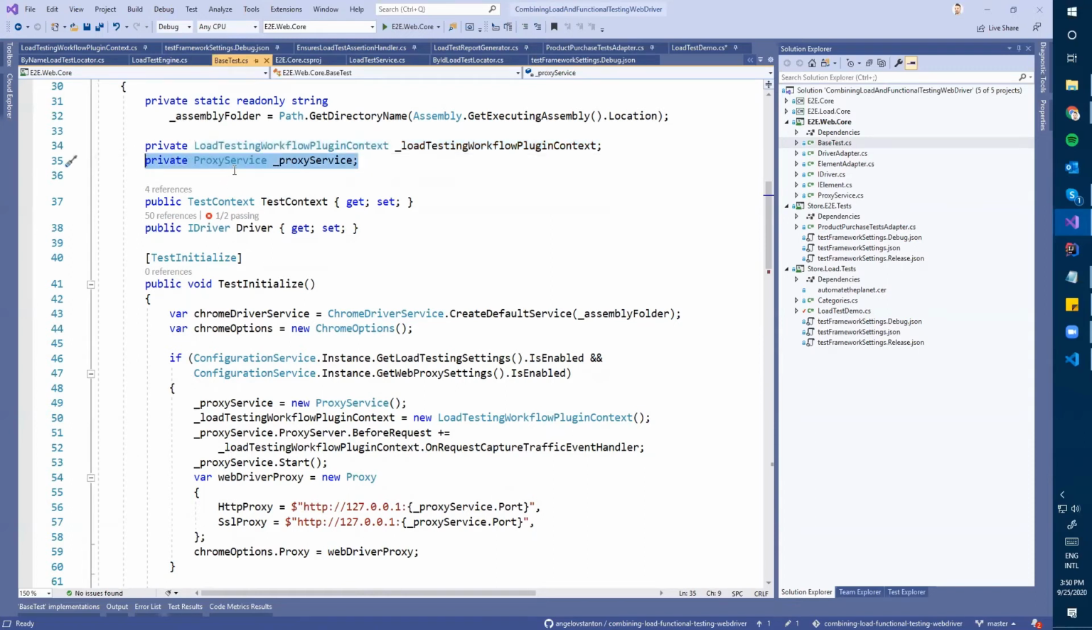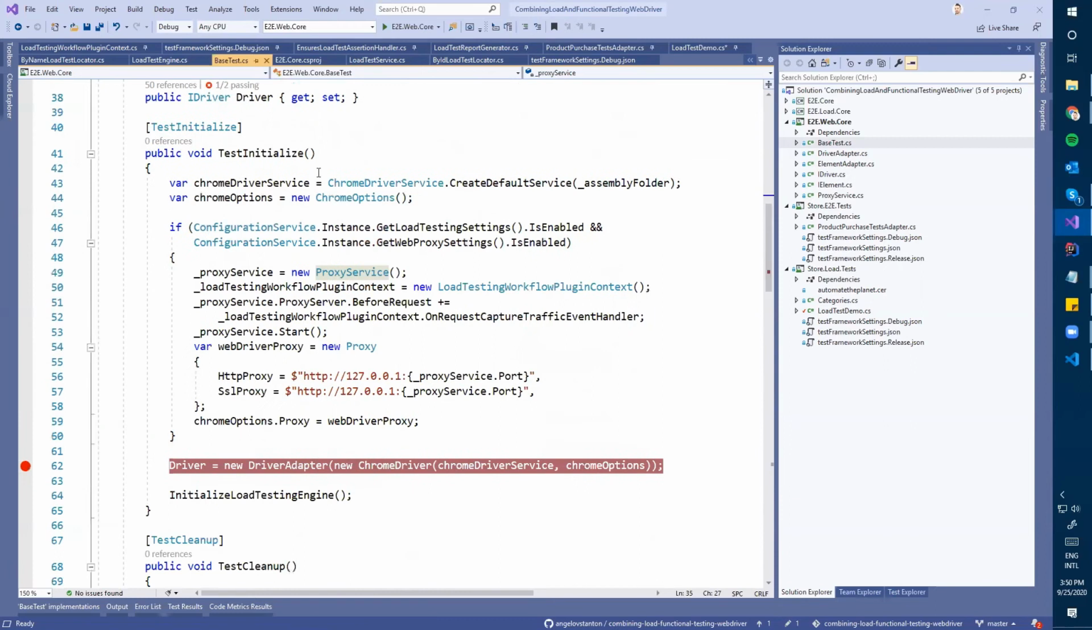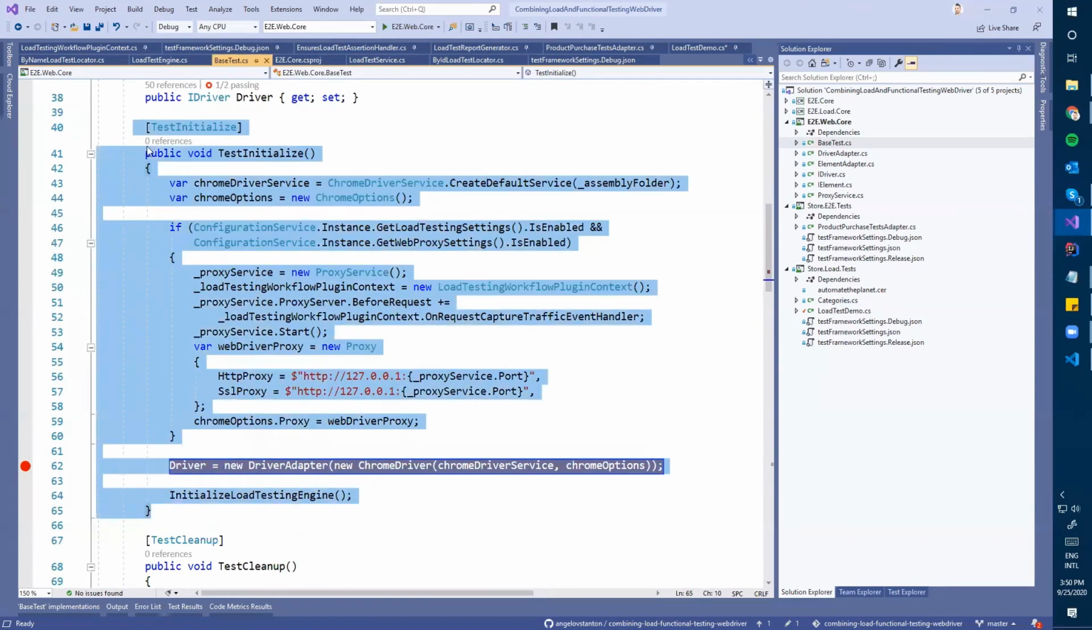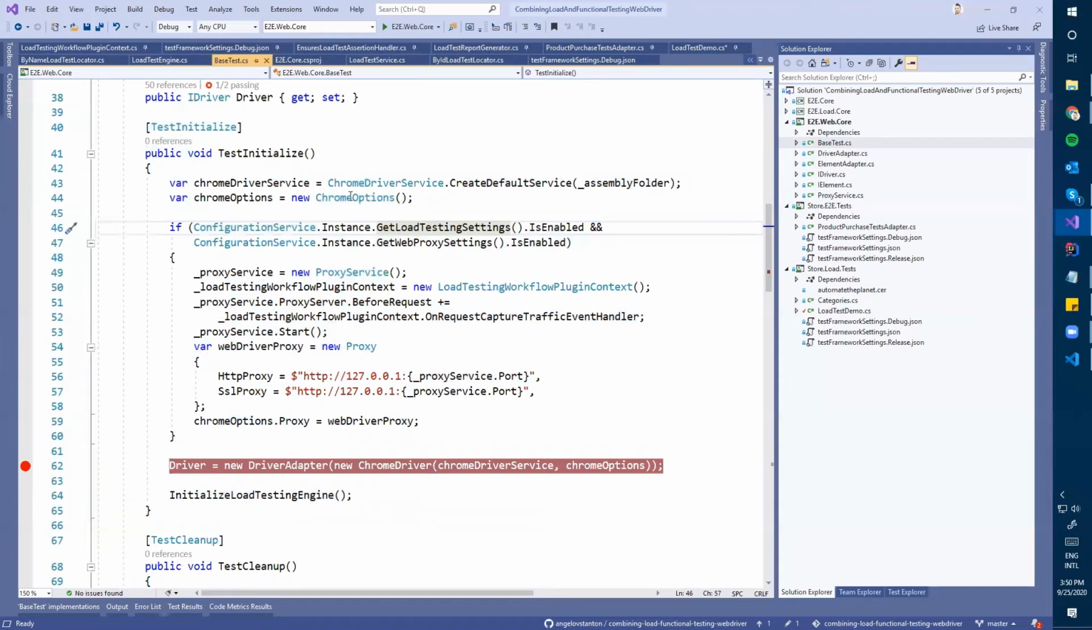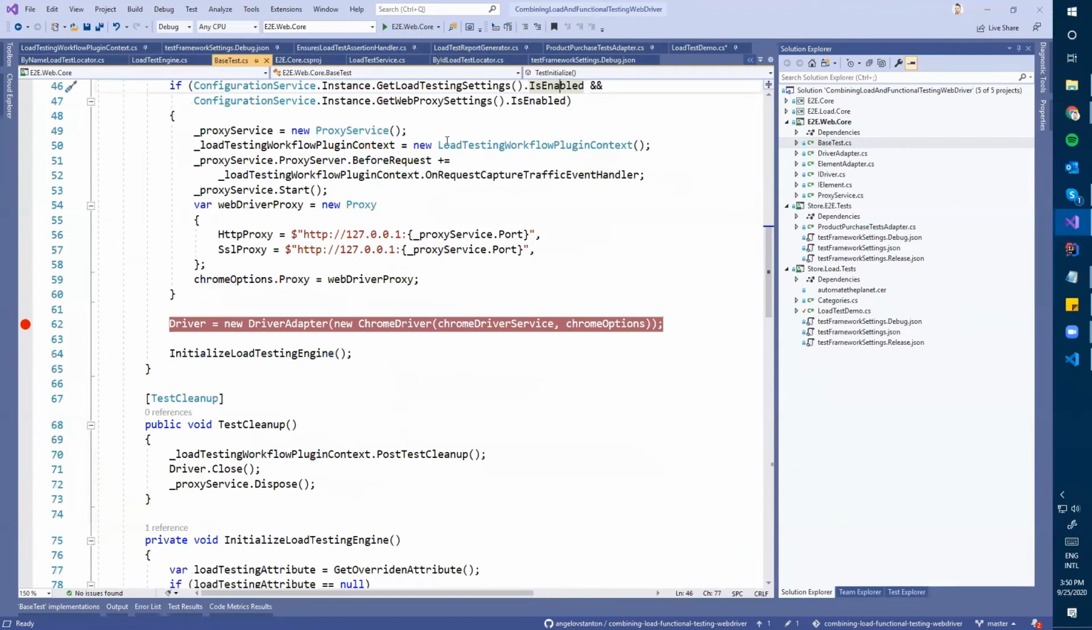But here we use this proxy service. This proxy service, as you can see here, is started before each test. Here I initialize the Chrome every time. And if the wall testing is enabled, basically I start the proxy service. I create a WebDriver proxy that is listening on the port where the proxy service has started. I initialize it, and as you can see here, we basically use the same decorator pattern to wrap the Chrome driver. So when you start executing the test, basically this proxy allows you to